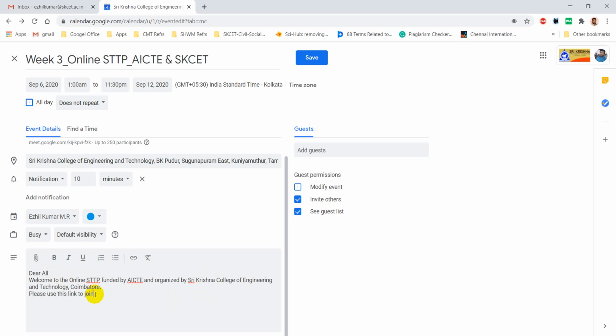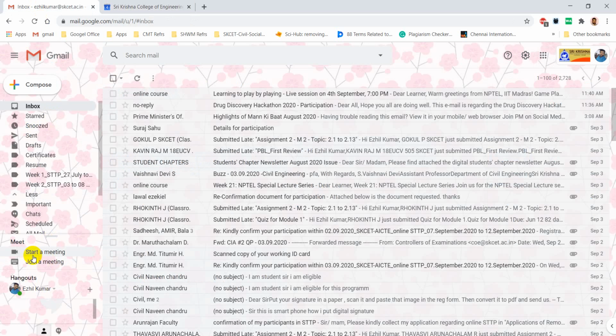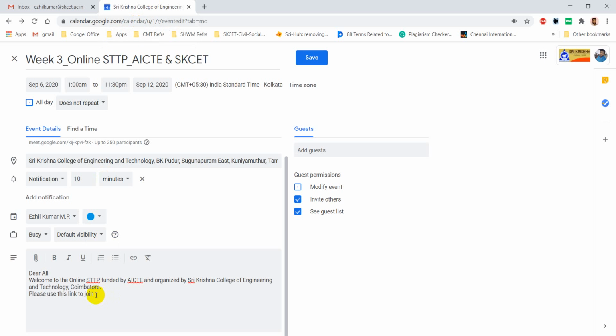Maybe this you can avoid, because the purpose of creating this link is that you need not go to start meeting and create a link every day. Okay, this may create a problem when you come out due to some network error, so that again it may create a new Google Meet link which the participants will not be able to reconnect to immediately for the particular duration. So we are creating this link which is a permanent link. Okay,